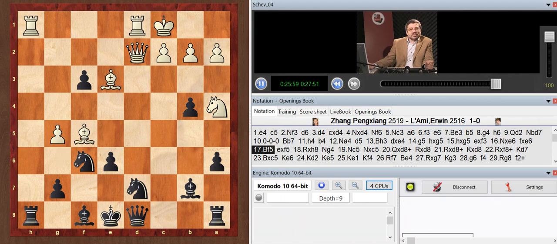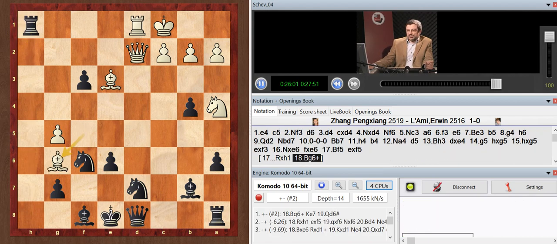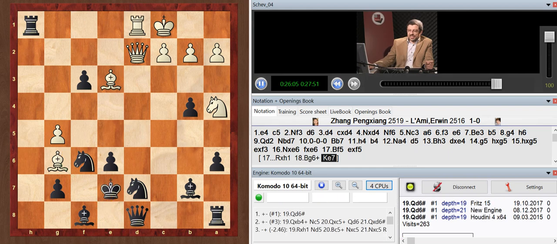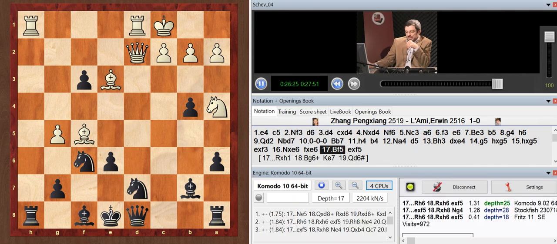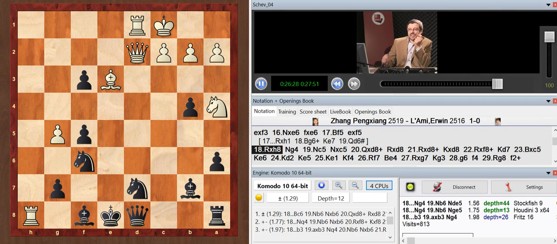Unfortunately for him, taking on h1 simply loses, because white will play bishop g6, king e7, and now the triumph of the spirit over the sheer material is complete, because after queen d6 we see a beautiful shortcut to happiness for white. I mean, he managed to kill the black king just by destroying the shield f7, e6. So after bishop f5, it's simply necessary to take on f5, and after rook h8, suddenly white's rook, by a small miracle, by a tactical wit, has landed on h8, attacking or potentially attacking bishop on f8.